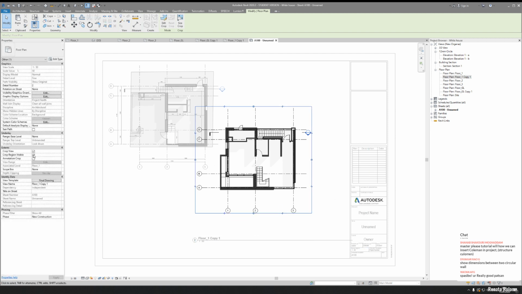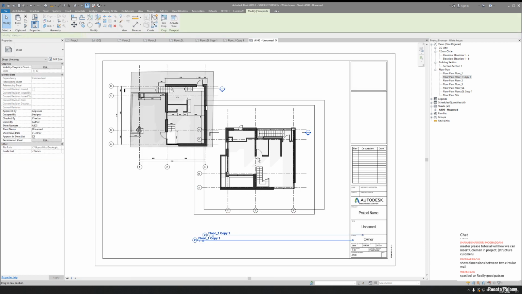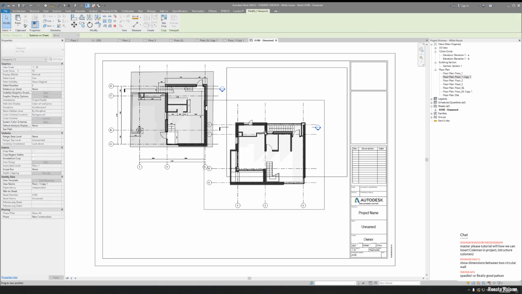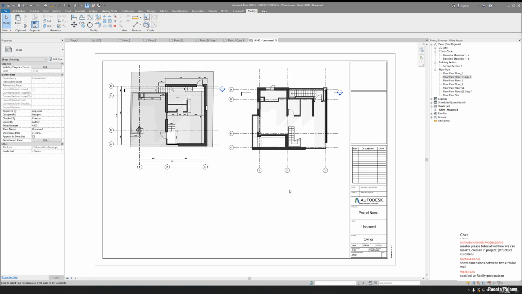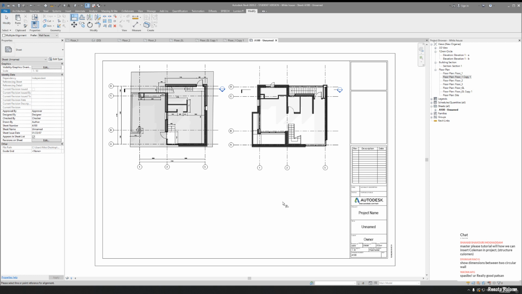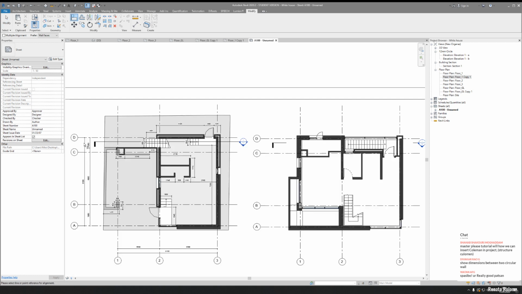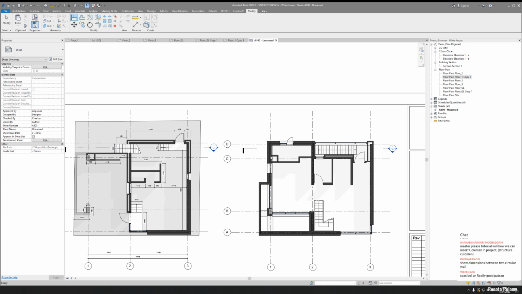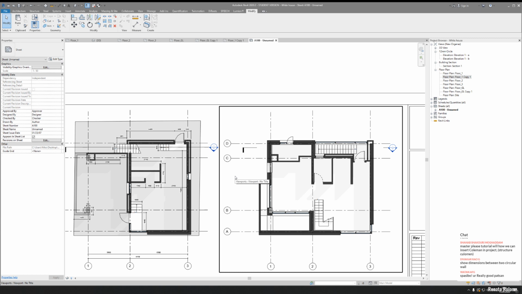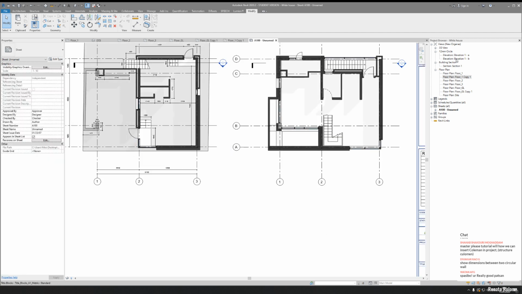Okay, and now you want to see this one, and I don't want to see the title. Done, and you can place it anywhere. So as you can see now, our plans are becoming better and better. Just use this method, and I don't think you will find any problem with that. I'm using the arrow keys right now to place my drawings on the same side. Okay, we did it. So the same thing you will do with the other level, but we will continue now